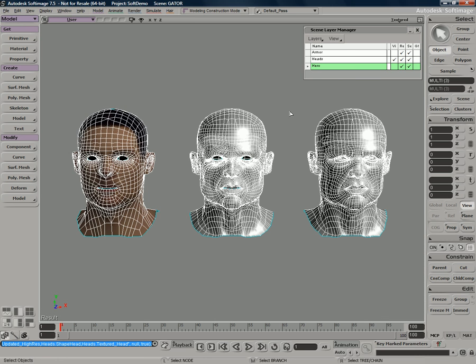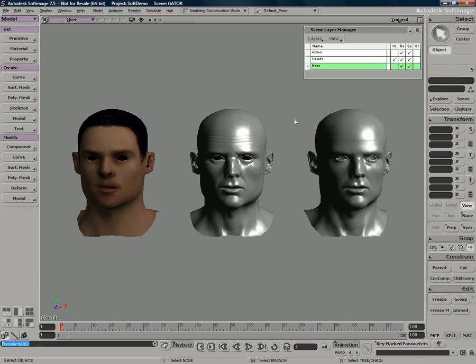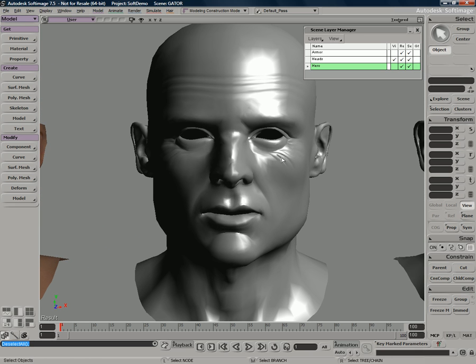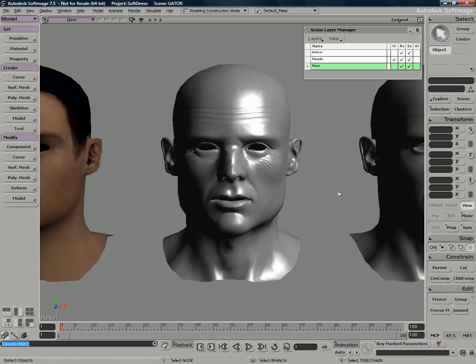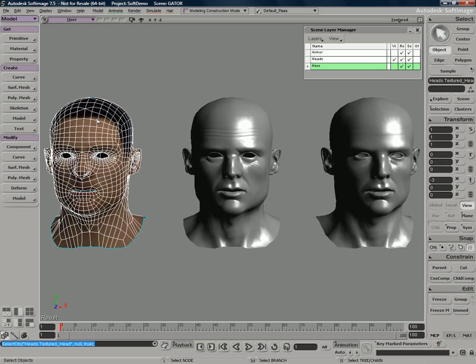Now, they look fairly similar, but if we just zoom in here and press the F key, this will frame up all of our 3 heads. You can actually notice there's subtle differences between, especially these 2 here. We have these little wrinkles in the eye. I'll just use my roll wheel to zoom in here, and you can see I've added some geometry to this head. The head over here on the left is very low resolution.